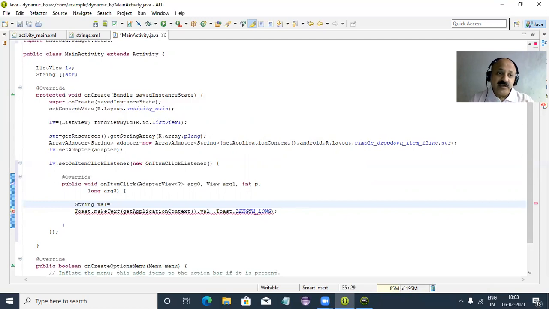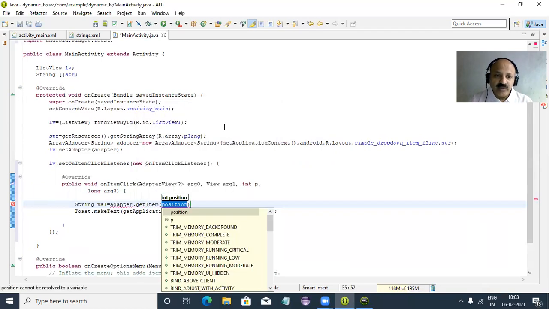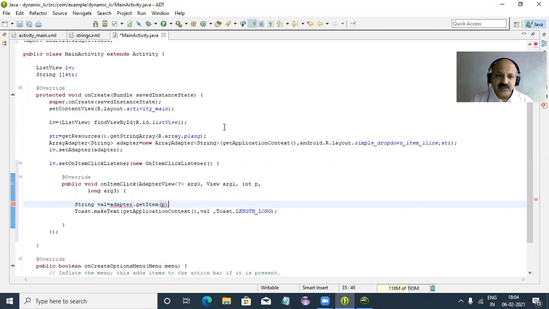We can use the array adapter. Yes, the adapter, so that appears. So the adapter class object, and we can use the method getData. So adapter, yes, p is remaining. So now, yes, perfect. Now getItem is a method of the ArrayAdapter class, and the return type is a string value, and you can pass the position. So here we can pass the position as p. Yes, that is our position.